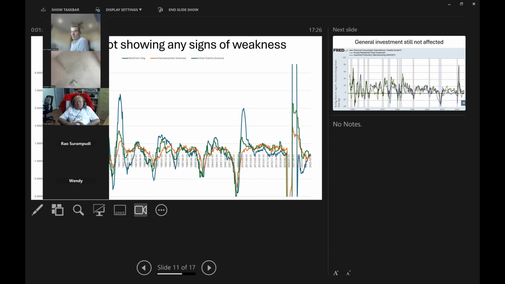This is Rao. I'm a novice in this one. This is the first time I'm attending. Sure. If the data shows that the recession may not happen,